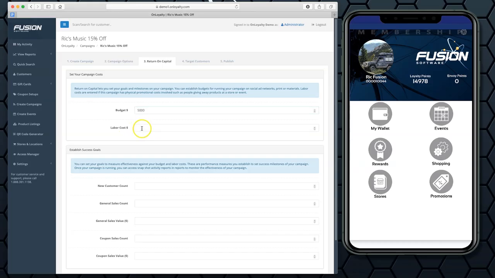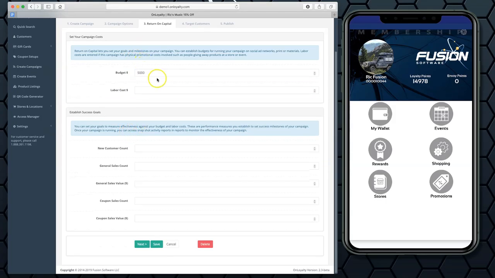No labor costs, or I can actually add some labor costs if there's anything associated, but let's say that everything is based on budget. And okay, what is it that is going to establish this campaign as a success? What I'm actually really looking for, maybe I'm going to have 100 new customers, or I'm going to have 200 sales. Like how many sales this campaign is going to actually generate. Or it can be the actual amount of the sale. Like I want to generate, I don't know, $10,000